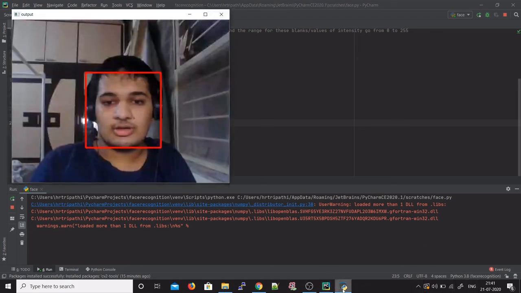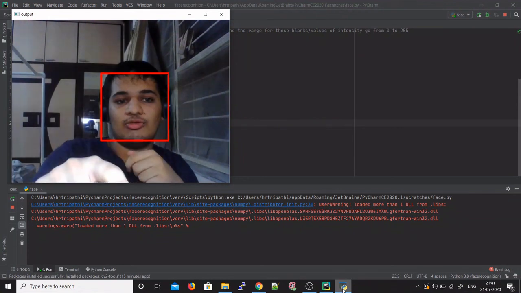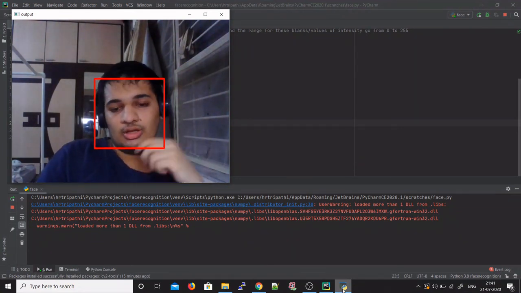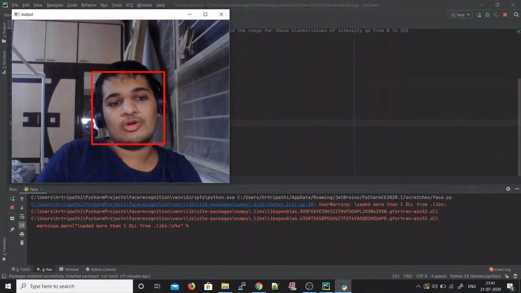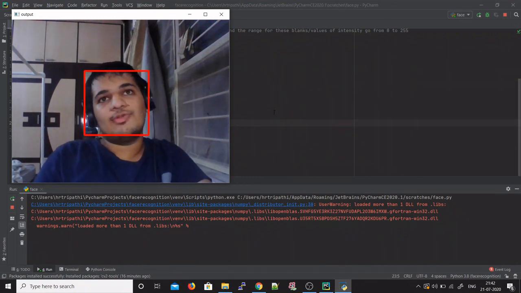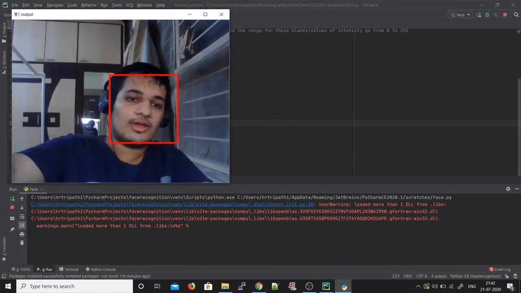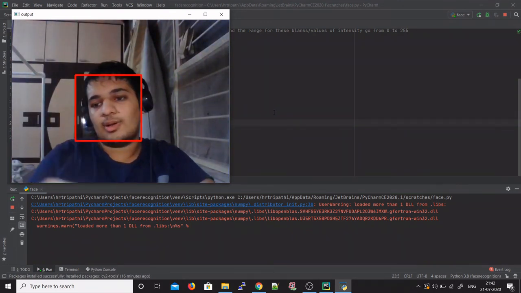And as you can see, there is a rectangle, or rather a square, around my face. You can experiment with different colors if you want. If you want to make it a blue one, you make it 255, 0, 0, and if you want to make it purple, 255 for both blue and red. There are different values that you can use to experiment with different colors.